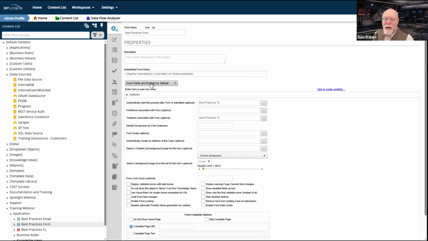The other 2 properties that are important are form fields are enabled by default. This is a way to specify how you want your form fields to work. Enabling and disabling form fields works in a hierarchy. If there is a clash between whether a control should be enabled or disabled, the clash of those enabling rules will be resolved in favor of the lowest level rule.